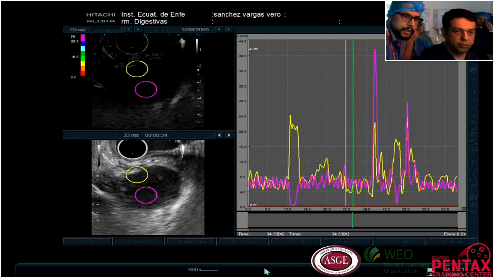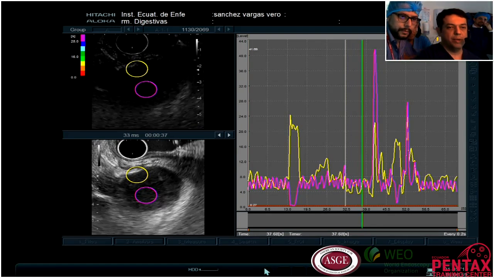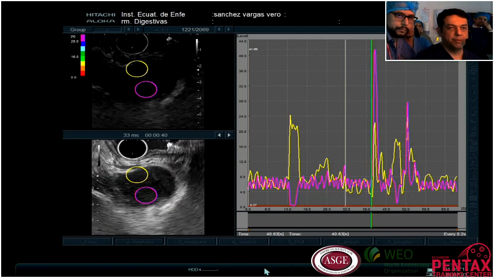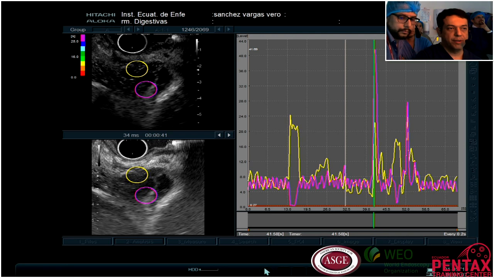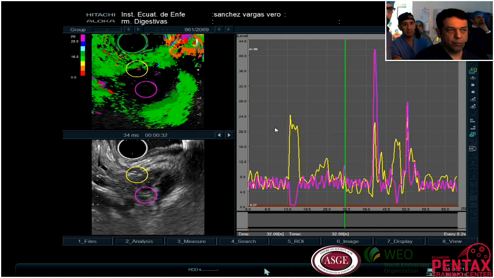Yes. This color map will depend on the area and the time at which we perform a captation. So, for example, here we have more.